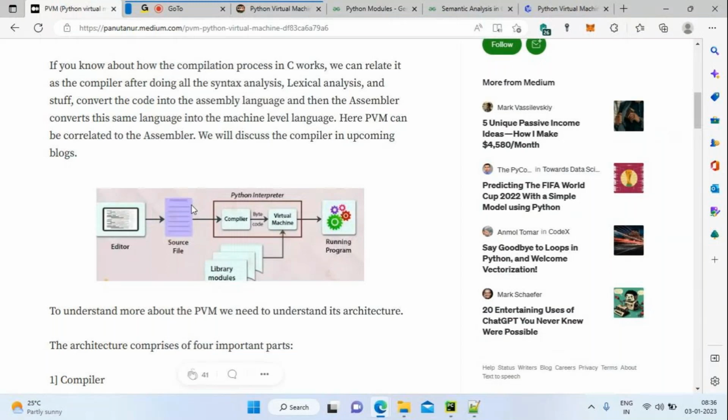If you take any language, Java or C or C++, there will be a compiler session. The compiler will compile the entire code and convert it into bytecodes. But in Python, we have an inbuilt compiler.